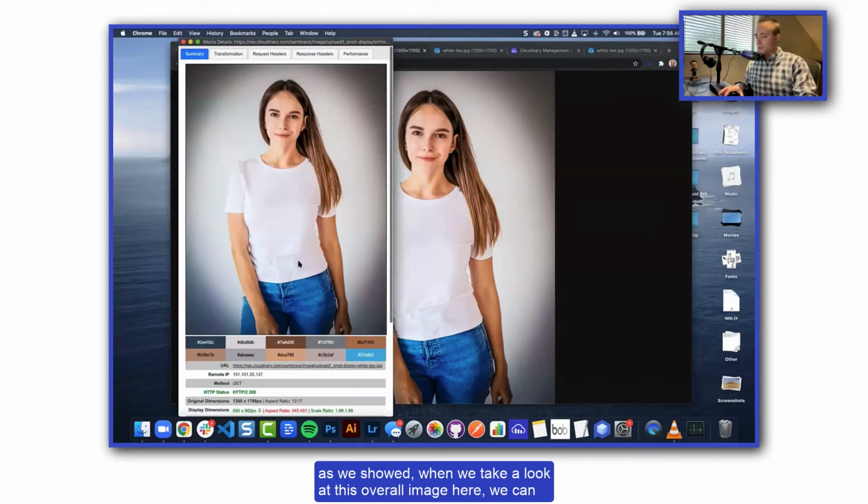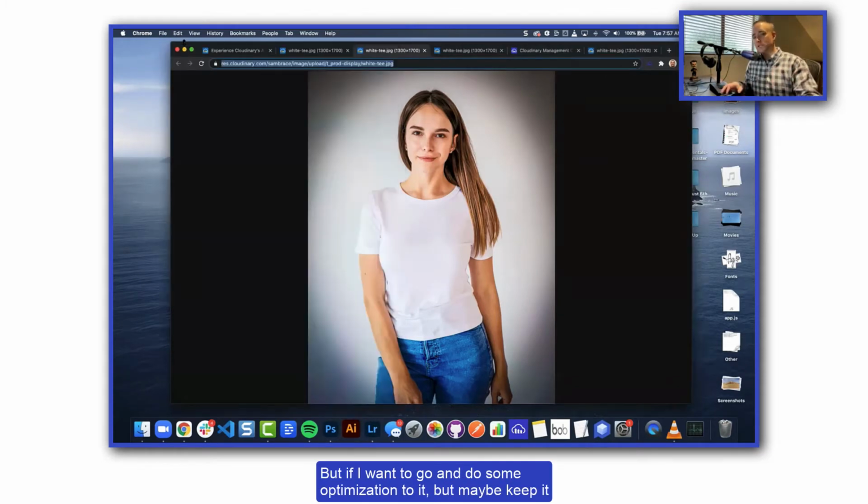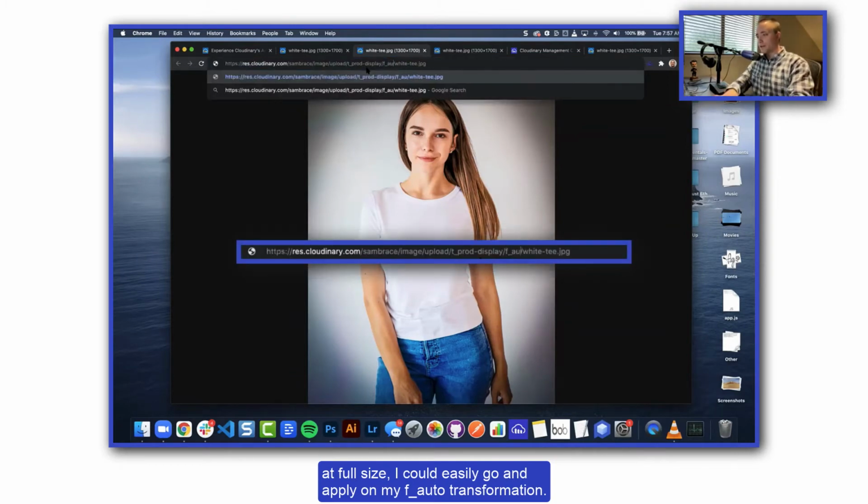When we take a look at this overall image, we can see that this is 176.49 kilobytes. But if I want to do some optimization to it, but maybe keep it at full size, I could easily apply my f_auto transformation and my q_auto transformation. And I'm going to make sure that this is using our eco version of q_auto just to ensure that we're focusing more on bandwidth.